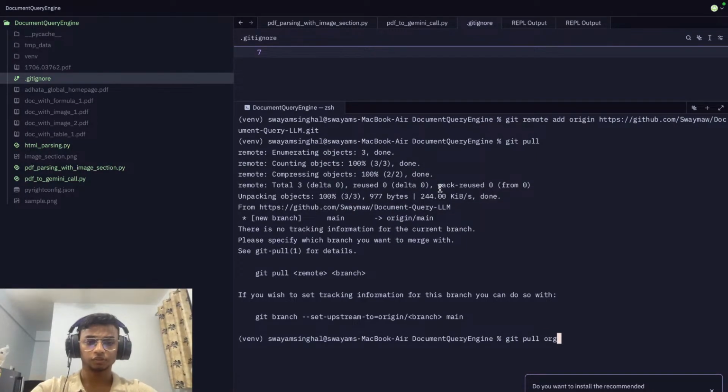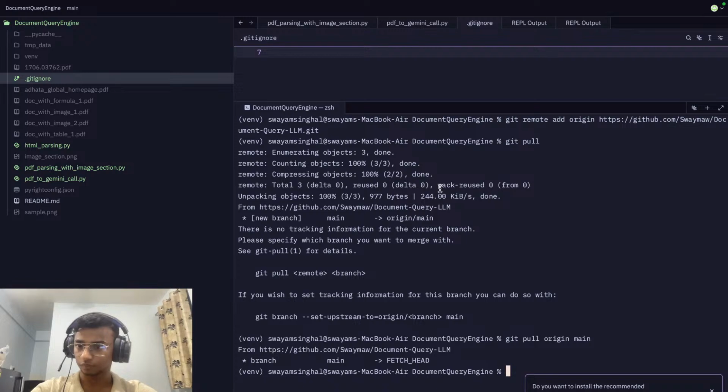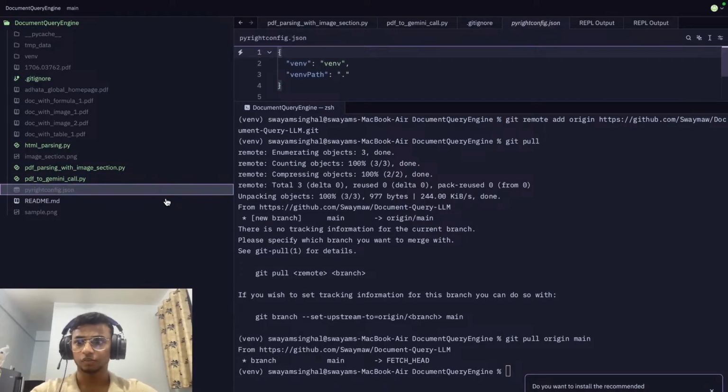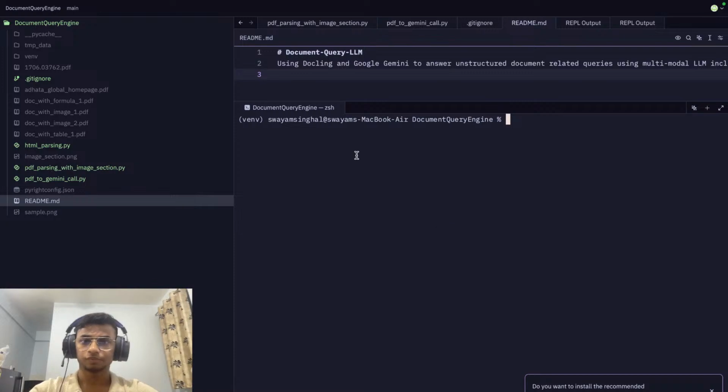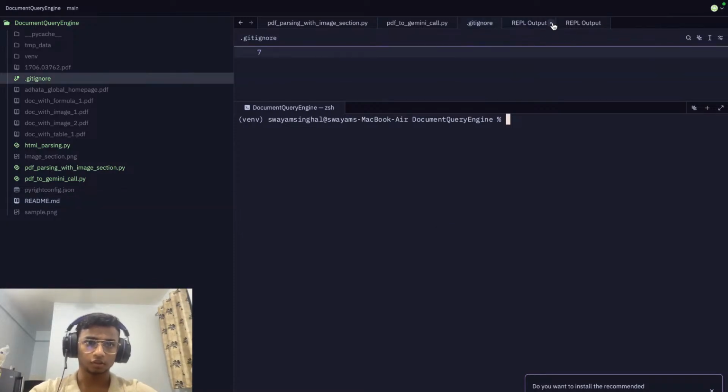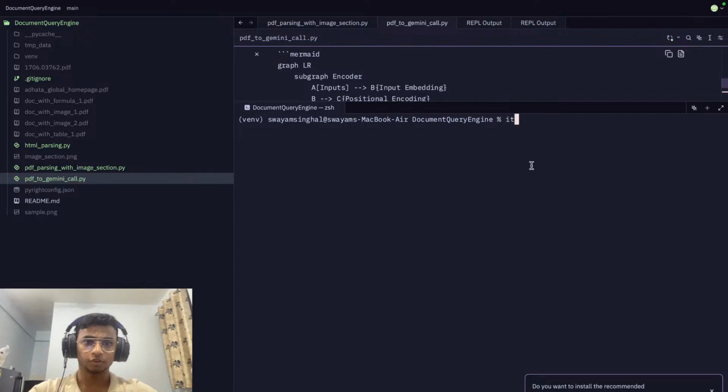So origin main. Yeah, we've got the readme now. Clear. Now we should be able to git push, git commit -a -m, and the message is going to be